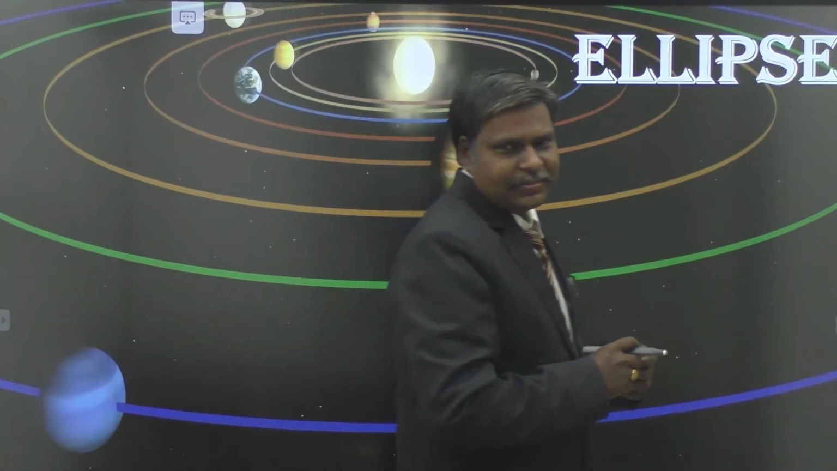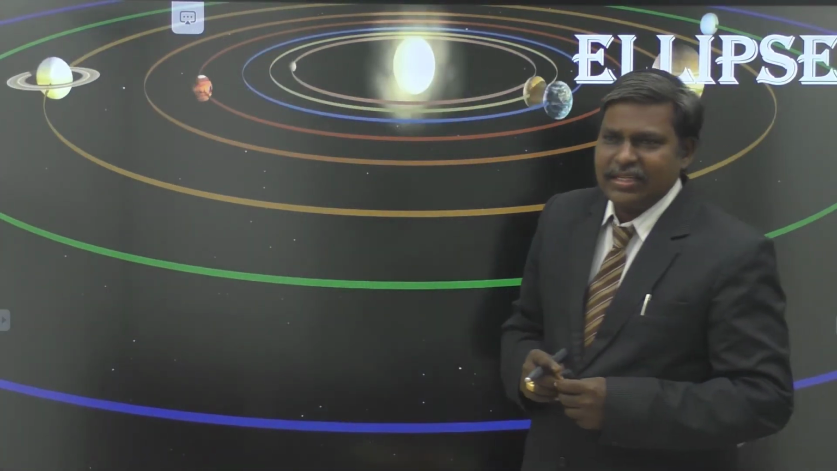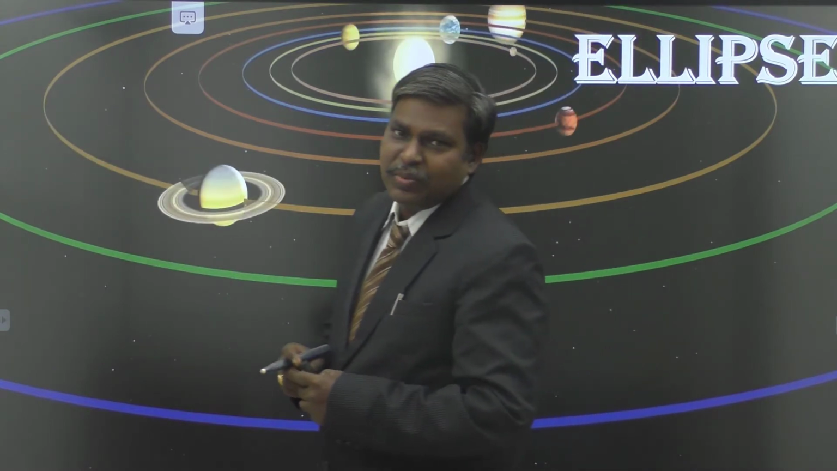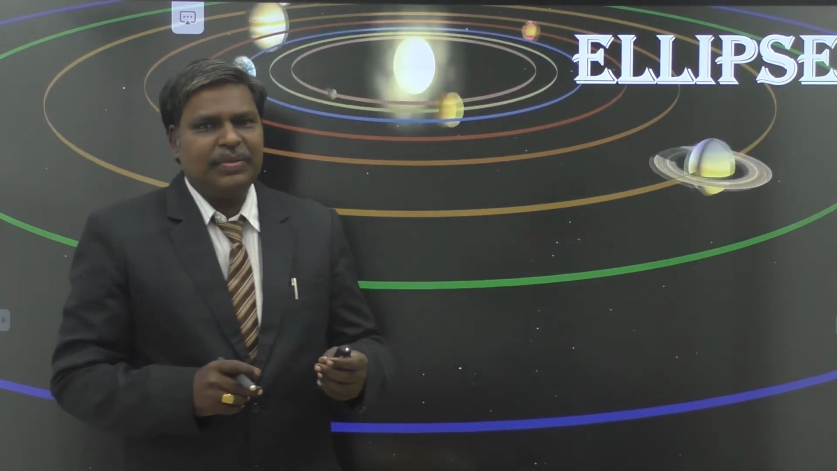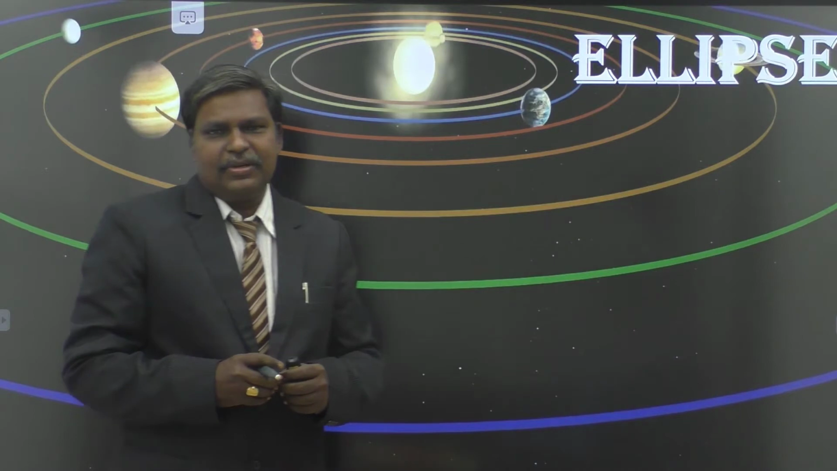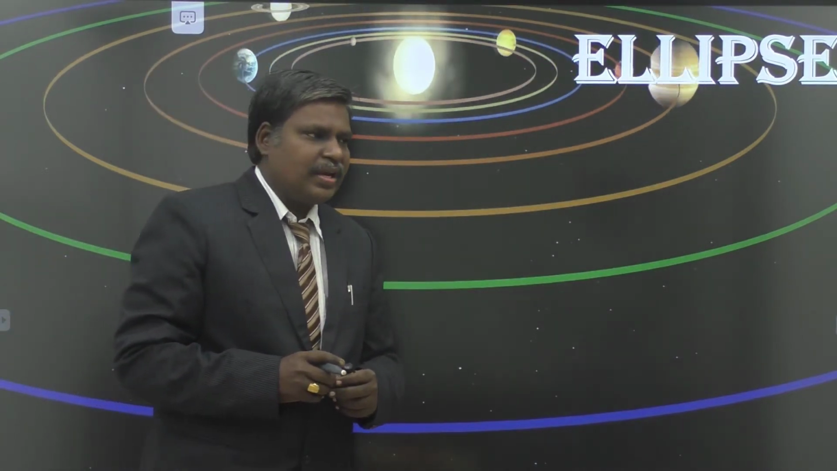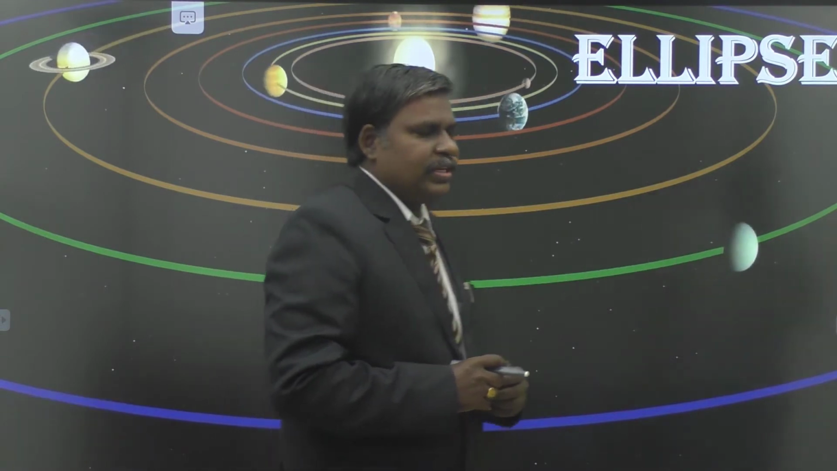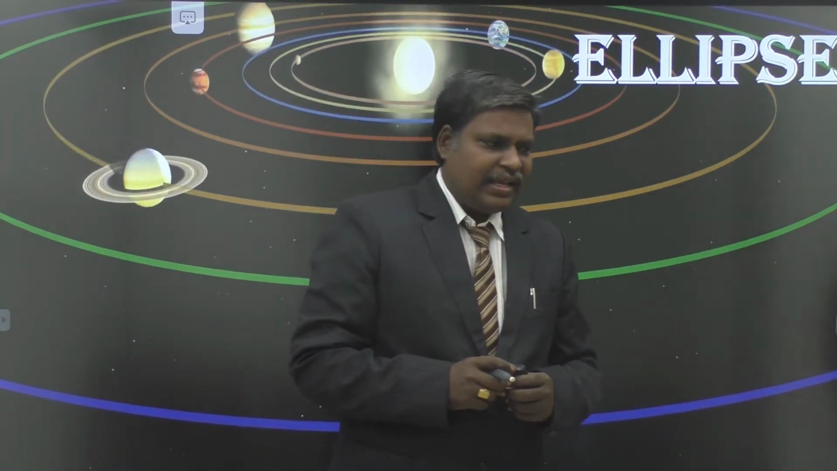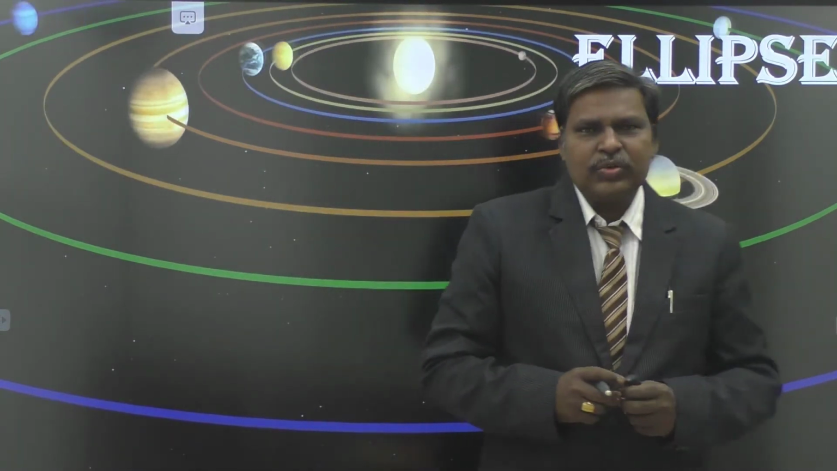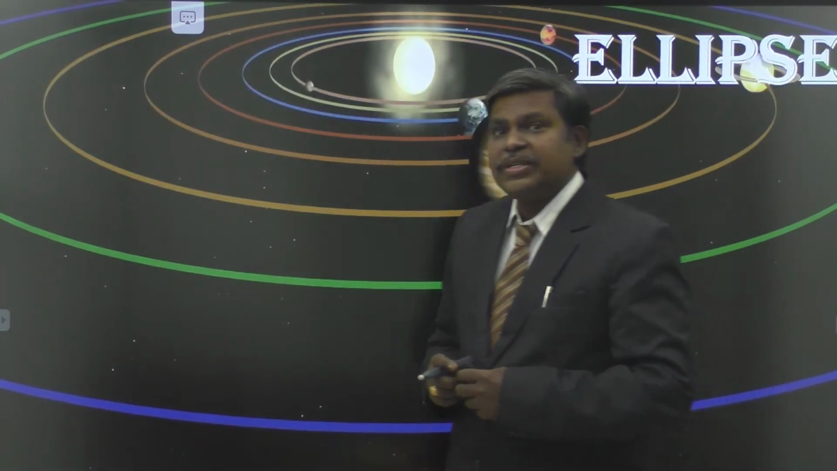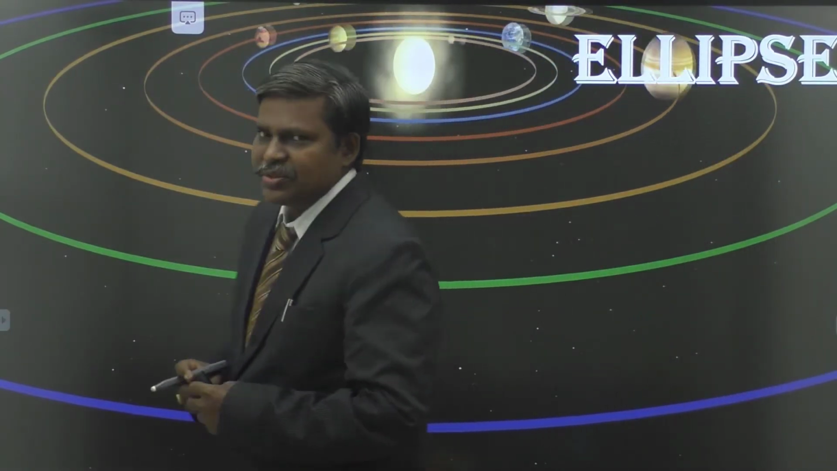Hello students, in the previous class we discussed the problems related to the ellipse in the standard form, that is x square by a square plus y square by b square is equal to 1, for both cases, a greater than b and a less than b. Today also we are going to discuss some of the objective problems related to the ellipse in the